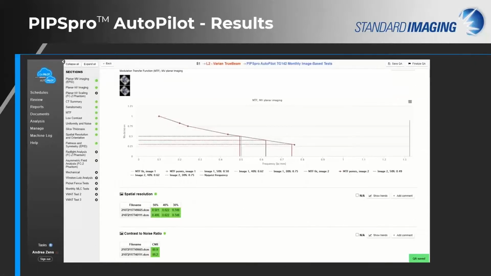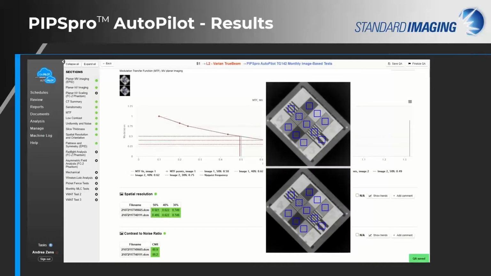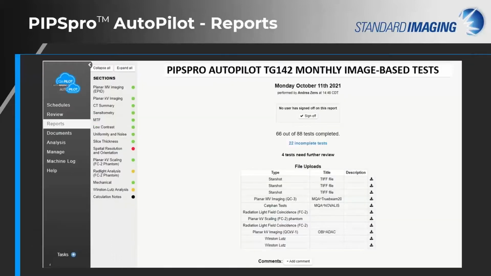Once your QA schedule is set, you can simply drag and drop your images into the template for analysis. The images, test results, and trended data are automatically added to your database in the cloud. Monthly QA, as we all know, is often done throughout the month, which is very nicely supported by PIPSpro AutoPilot